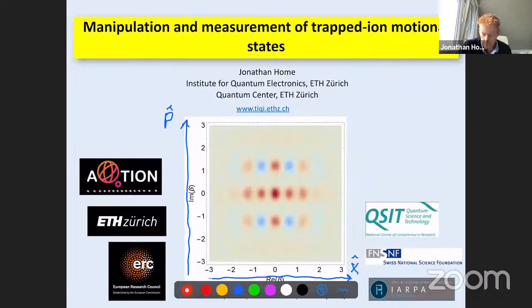So in particular, wherever you see red points, there is a probability to get a particular position-momentum value corresponding to that red point, and the density of the red tells you how high that probability is. But this is a Wigner function, actually, and one of the special things about a Wigner function, which we'll learn in this talk, is that it can take negative values, and that's a key signature, if you like, of a